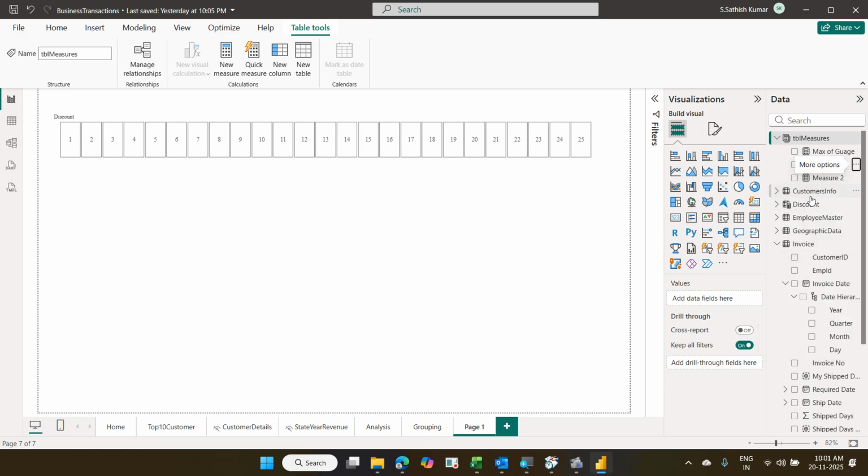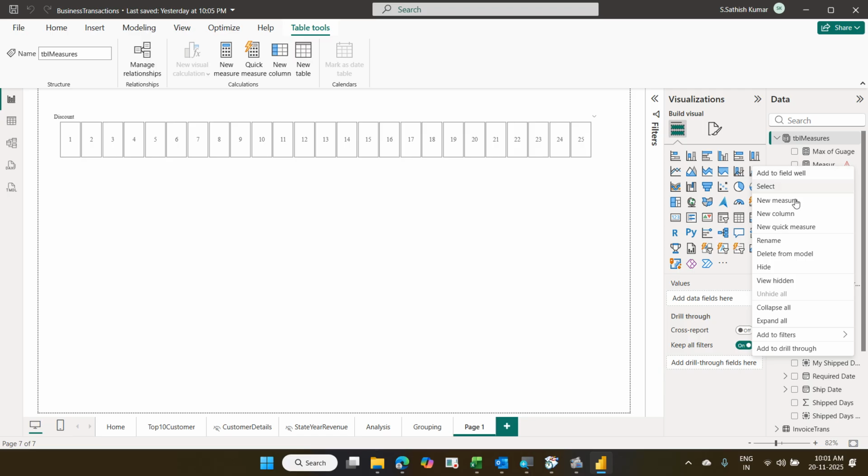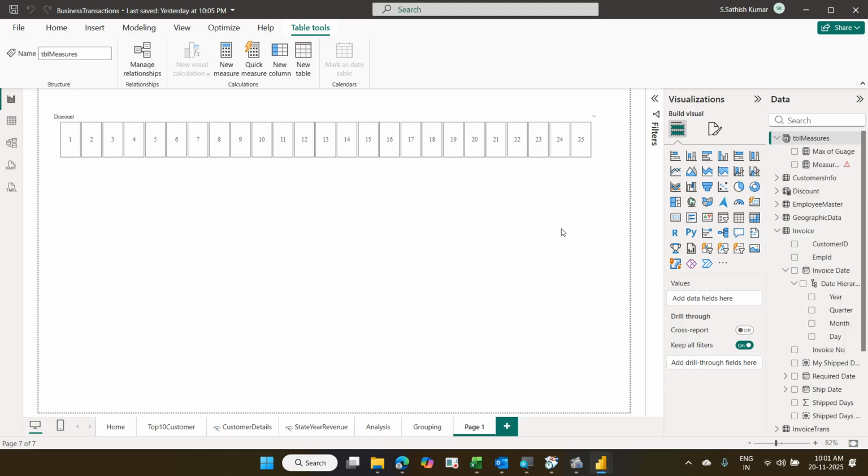Okay. So go to home tab, new measure. This measure is to find out my total revenue after the discount. After the discount, what is my revenue? So go to home tab, click on new measure. Let me give a name to that measure. Let it be total revenue after discount. So I'm giving the name total revenue after discount